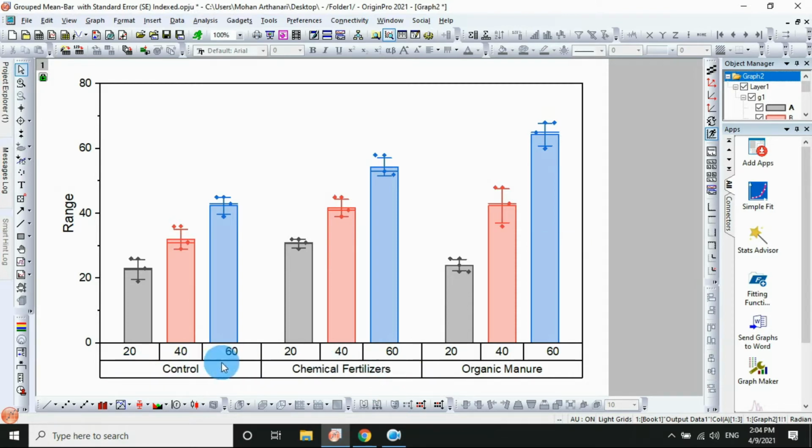graph font. Double click, and a new dialog opens.